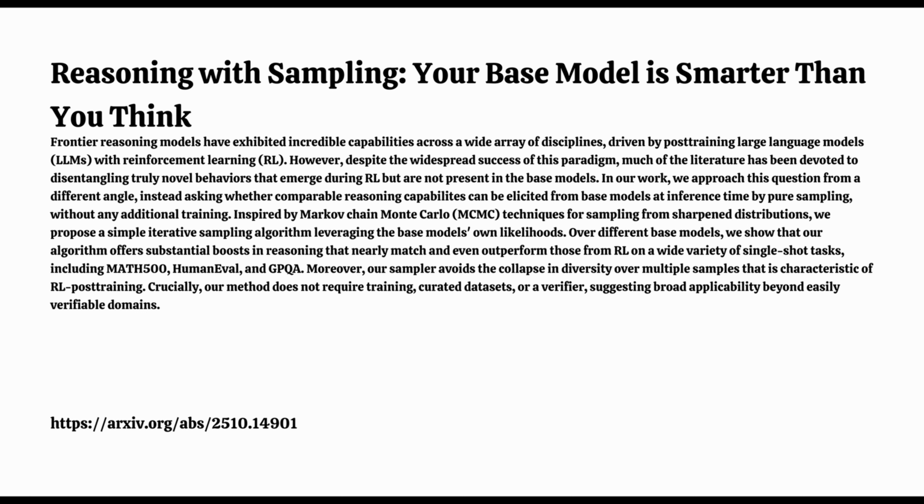Okay, this idea of a shared high-likelihood region connects to a known issue with RL, right? The collapse in diversity. RL models often give the same answer over and over. Right. They can become very narrow, which isn't great if you want varied responses or need multiple attempts to solve something. Power sampling seems to avoid this. Because it's working with the underlying probabilities differently, it doesn't seem to collapse everything onto one single best path.